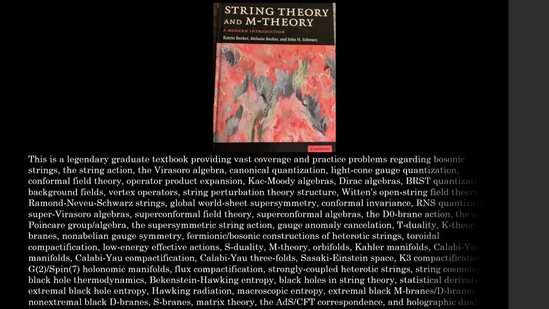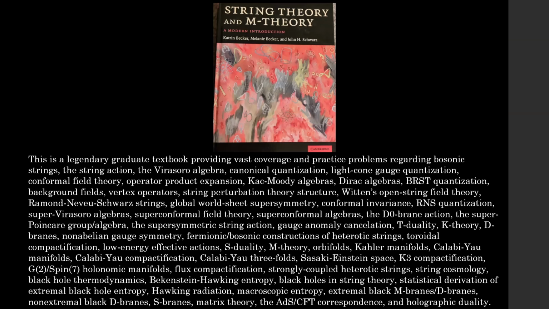And that leaves us with the final book. Becker, Becker, and Schwarz, String Theory and M-Theory. So yeah, very advanced textbook here. Starting off with things like the Virasoro algebra, when it starts off with bosonic string theory, it goes into Kac-Moody algebras, and then it goes into your supersymmetry, superstring theories as well from the supersymmetries. And then it goes into your S dualities, T dualities, the M theory that corroborates all these different types of string theories. This covers a bit of K theory,